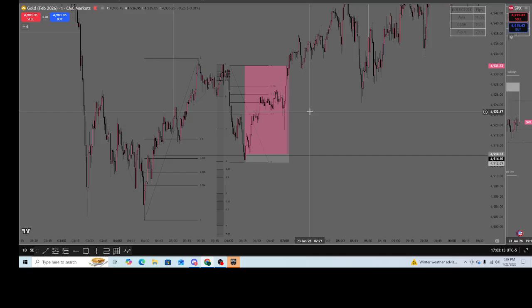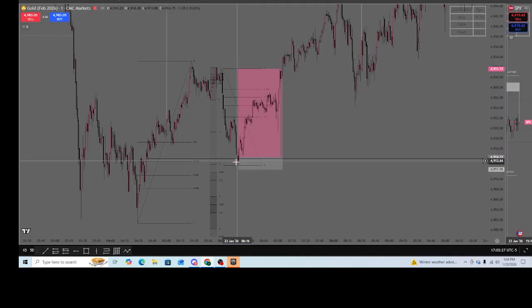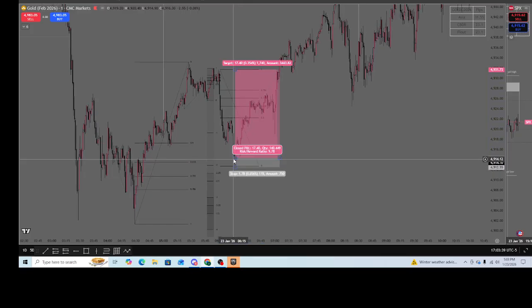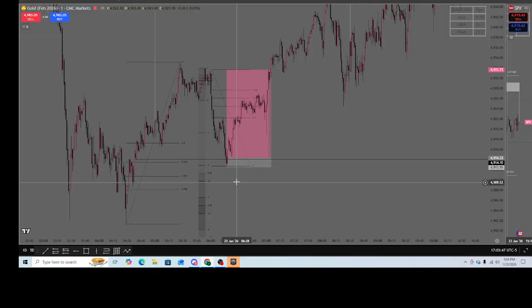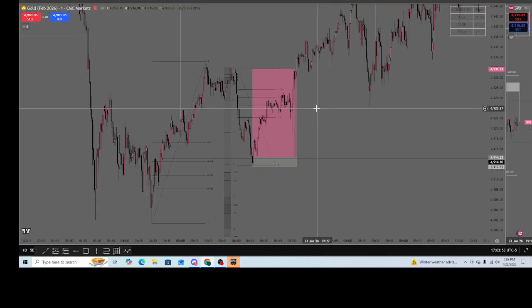All right, so my stop placement. You could have placed it at the bottom of this gap, but I had a late entry, and I entered after it already rejected. This candle came in and saw a huge rejection off that. I entered, and so I just went ahead and put my stop at the low of that candle, and bang. So that's that.